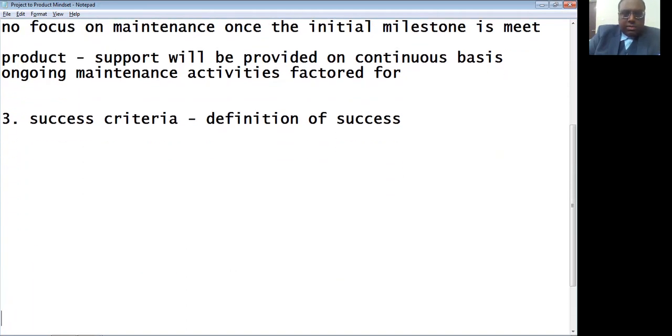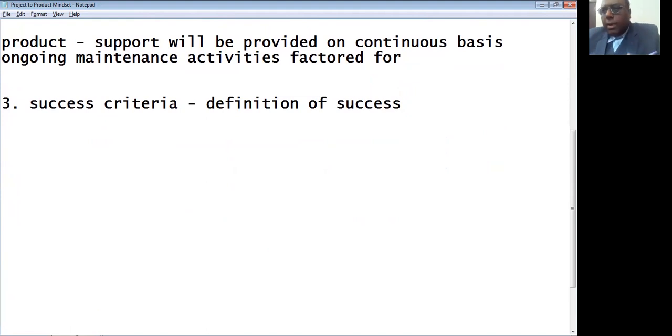Typically in a project based approach, in my opinion, based on my 20 years of experience in IT, a project is a cost center based approach.